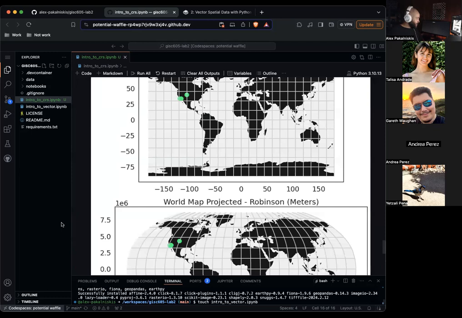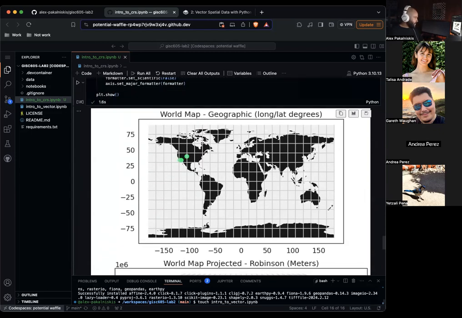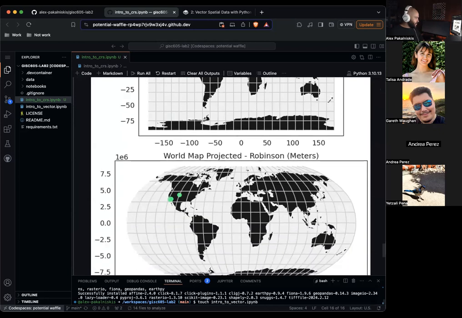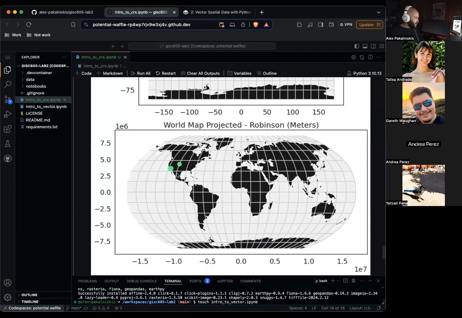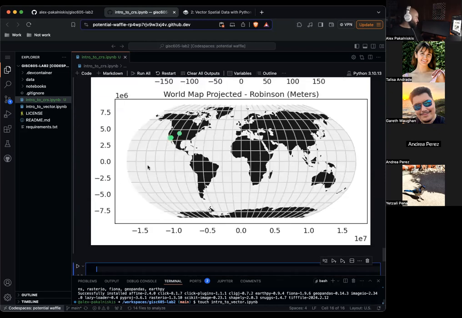It's thinking. And so you can see we have two figures: geographic latitude and longitude, and then projected. And so this is an example too where we're having multiple subplots in a single figure.